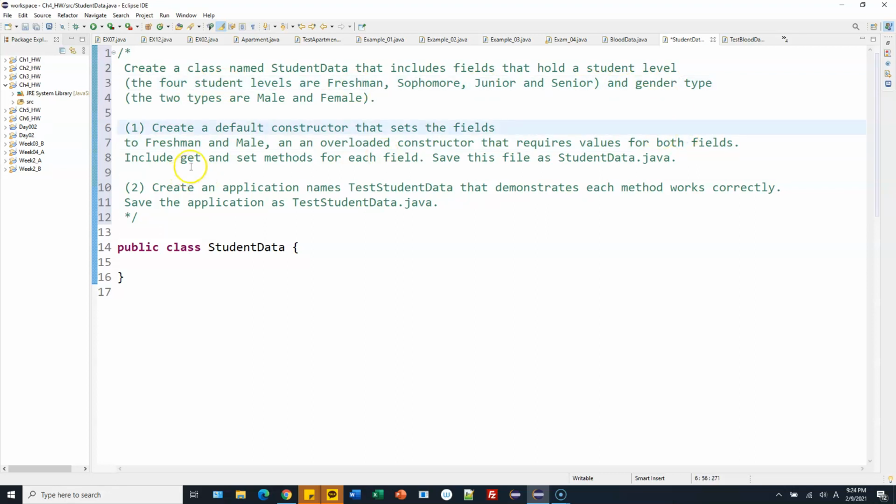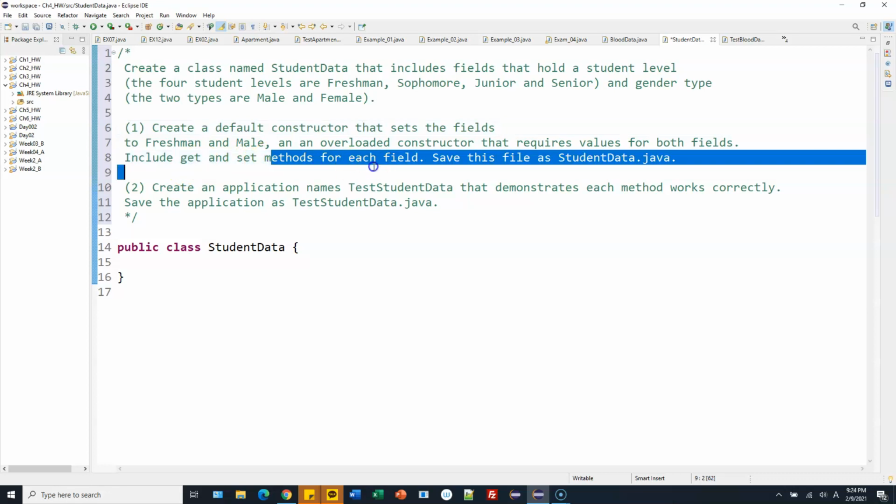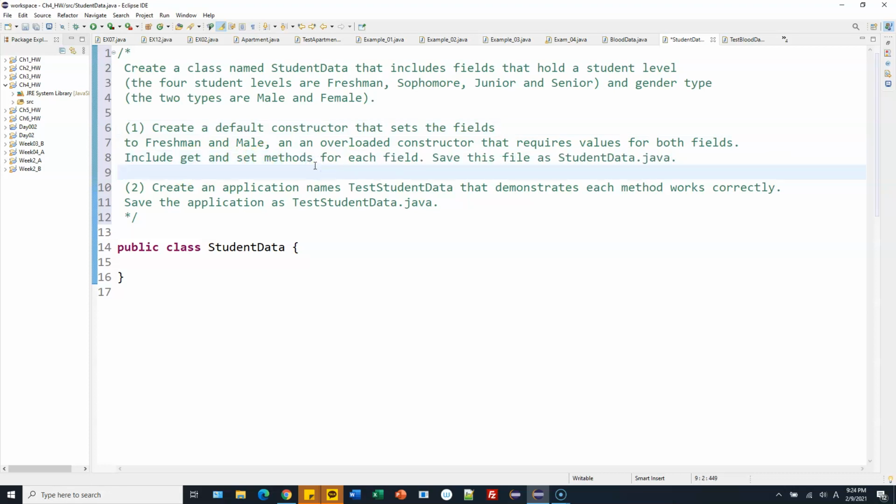And then I will also include get methods and set methods so that you can retrieve the values of these two fields. All right, so this is the student data. So create a class like this, and then this will have two values. One is this student level. So why don't we use level? So let's make it private